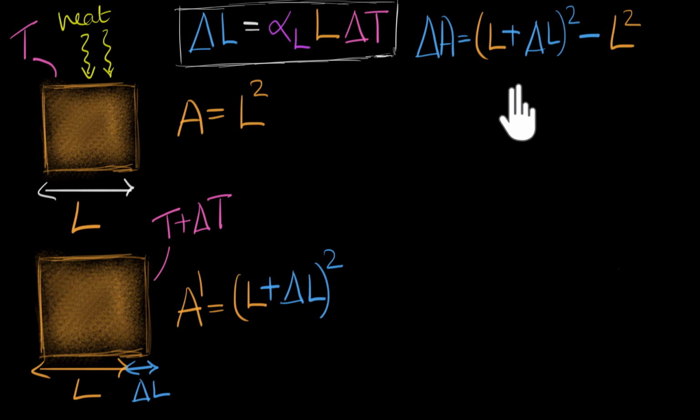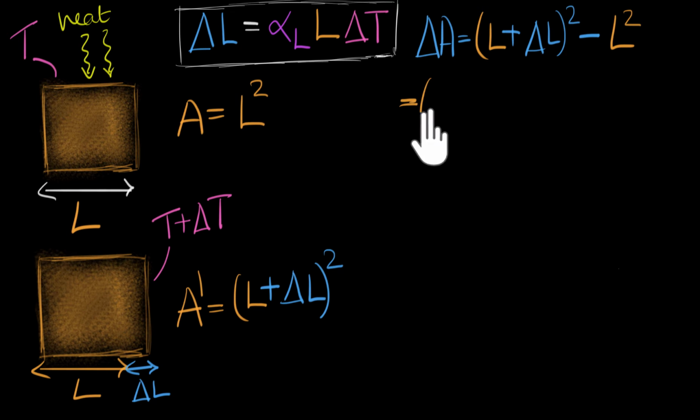And at this point, I want you to pause the video and see where the algebra takes you. Just go with the flow and see if you can do something. Just see what expression you end up with. All right, let's do it. So what can we do next? Well, we have an a plus b whole squared form. Let's expand that. It'll be a squared plus b squared plus 2ab.